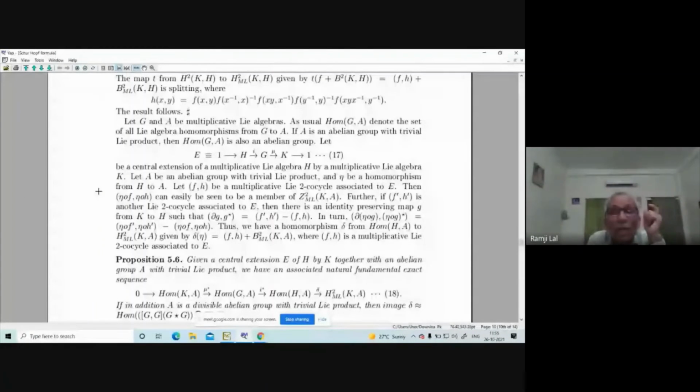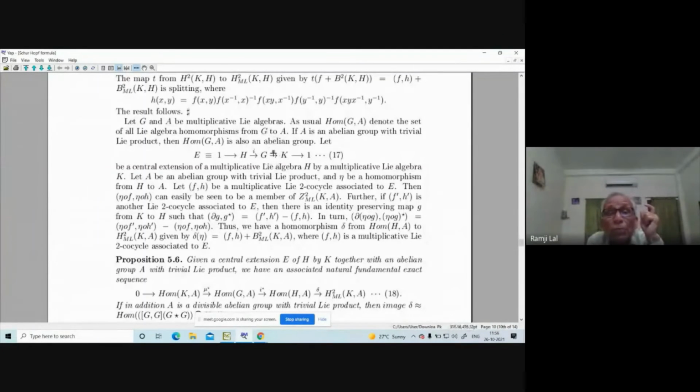If this is a central extension, and you are given a homomorphism from H to A, any abelian group A,